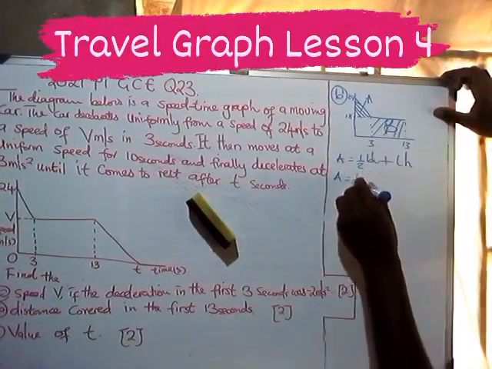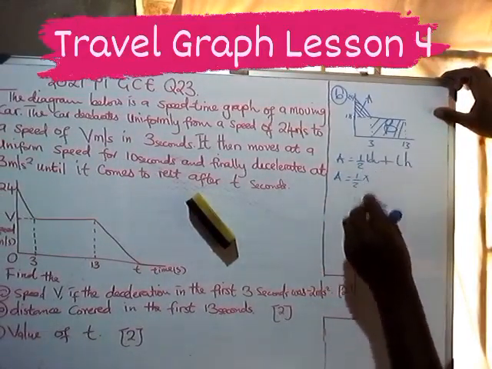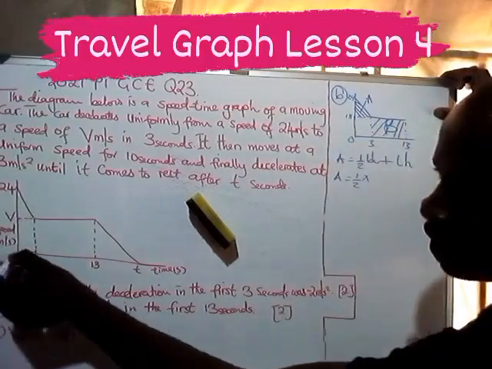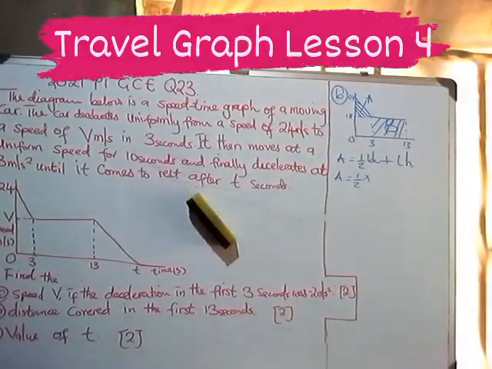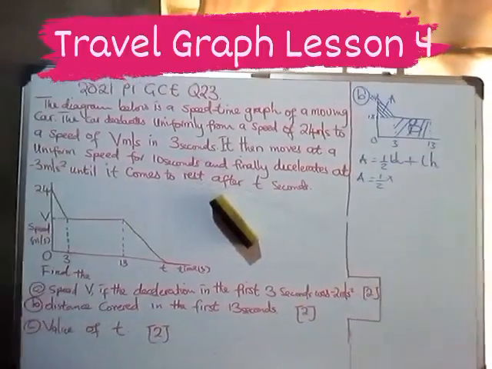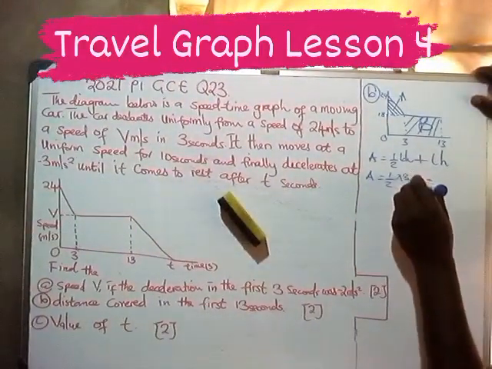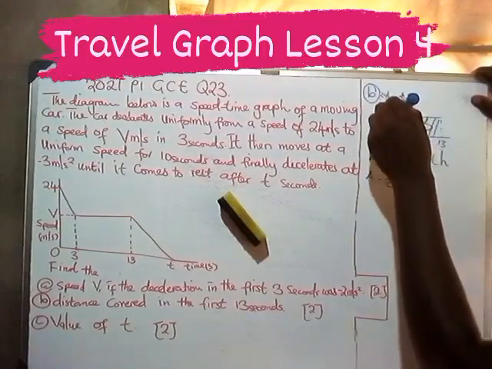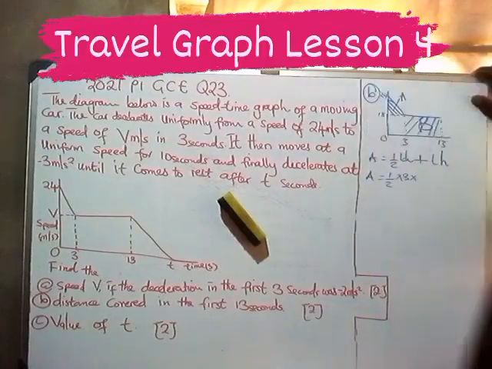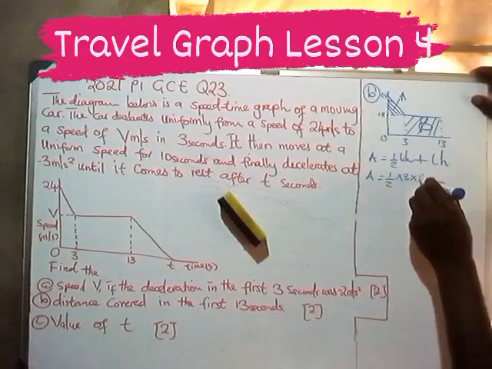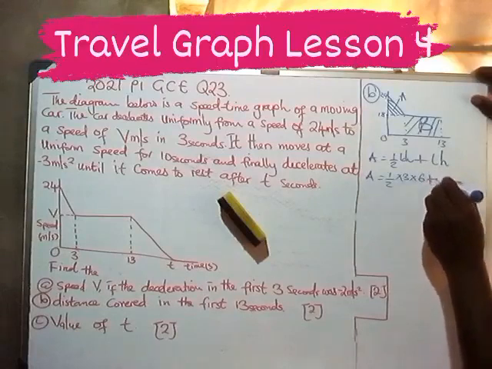So we are going to have 1/2 multiplied by the base. Our base is from here up to here, which is the same as from here up to 3. So the base is 3, multiplied by the height. The height is from there up to 24, meaning 24 minus 18, which is 6. So we're going to have 6, plus